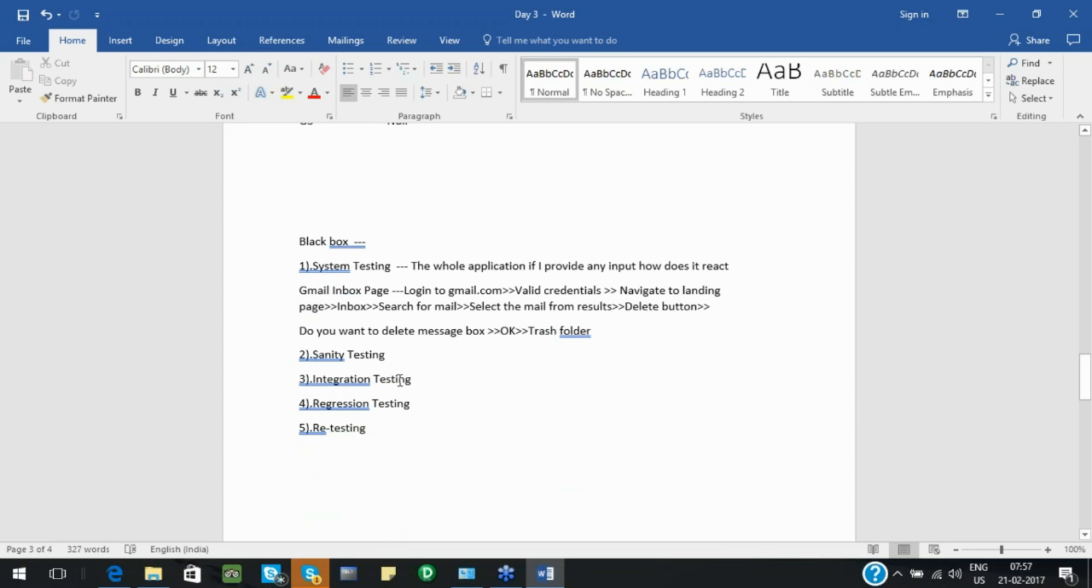Now I'll go back directly to integration testing. So integration testing is verifying the workflow